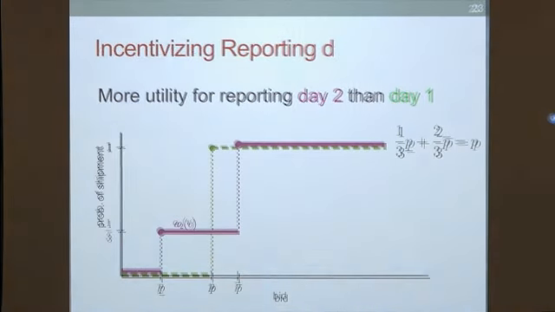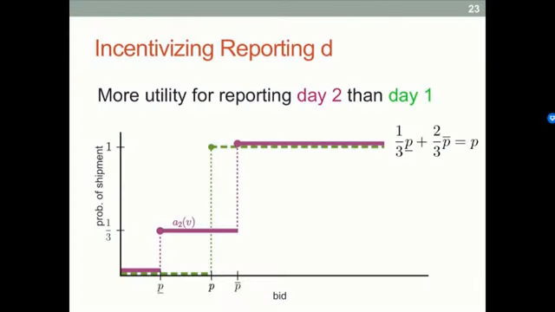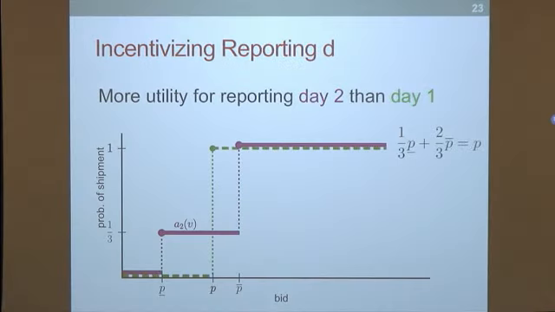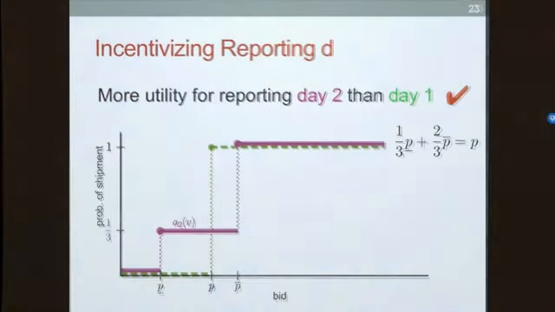Okay. So let's go back to our incentive compatibility constraint and see how it comes into play with randomization. So we still want more area under the curve at every bid for day 2 than day 1. And so what we have here is we're posting a price of P on day 1. This is the green curve, it's a price. And what the pink curve does is it's randomizing for an expected price of P. They have the same expected price, but we're randomizing between P lower and P upper. If you want concrete numbers, you can think of P as being 5, P lower being 3, and P upper being 6, right? And so they're both offering an expected price of 5. But this is okay because at every point on the pink curve, there's more area under it than the green curve. So this is fine with our incentive compatibility rule.